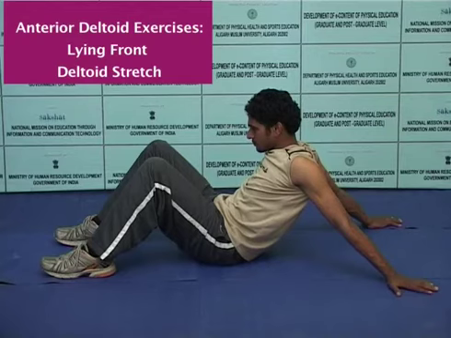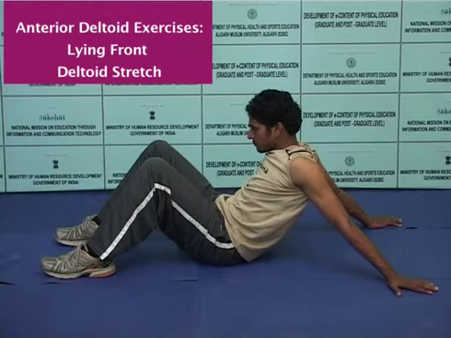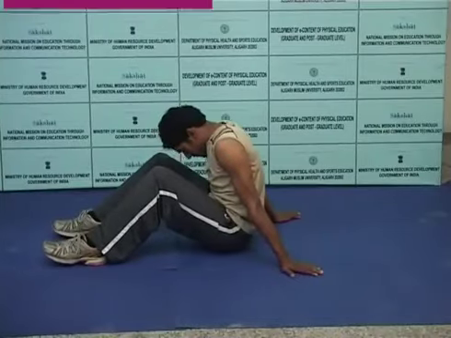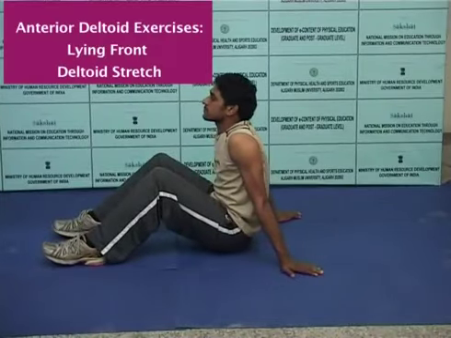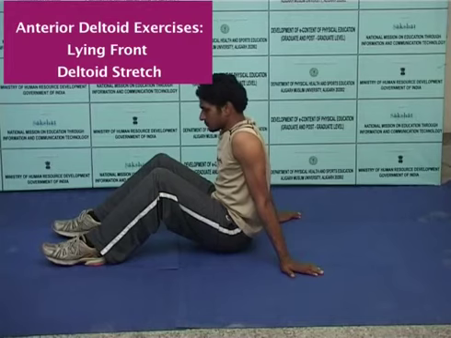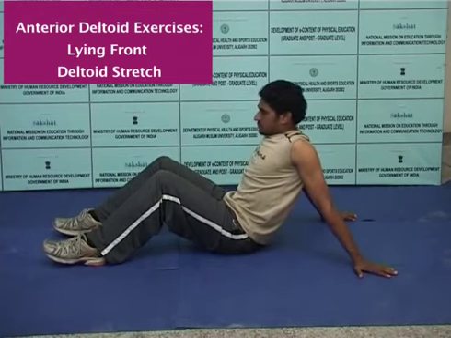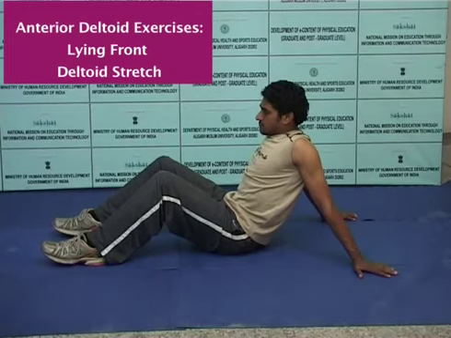The subject can also, instead of scooting the hip forward, move the hands backward. Hands can be eased backward also. This is another method, and here also he will get the deltoid stretch. Hold the stretch for some time and relax. This also will give almost a similar stretch. That is, the anterior deltoid can be stretched this way also, by easing the hands backward instead of scooting the hip forward.